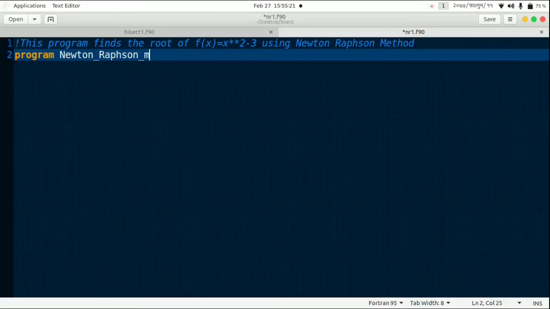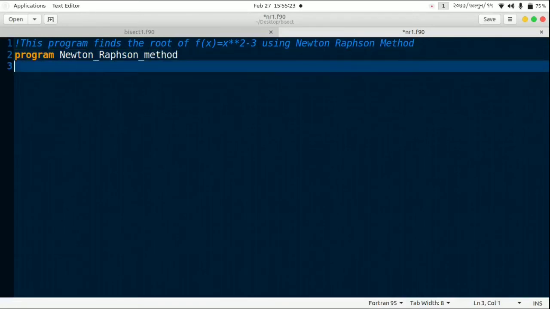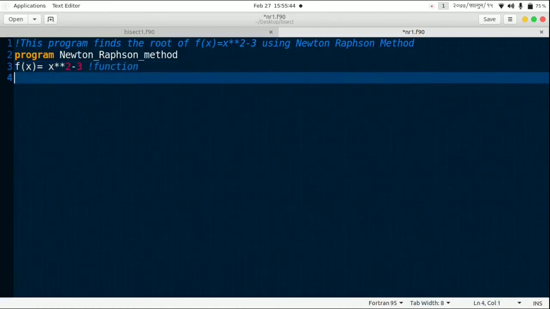Newton-Raphson method. F of x equals to x square minus 3. This is the function. Similarly, f of